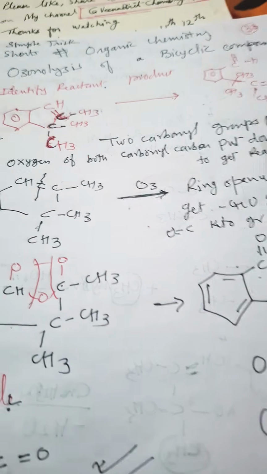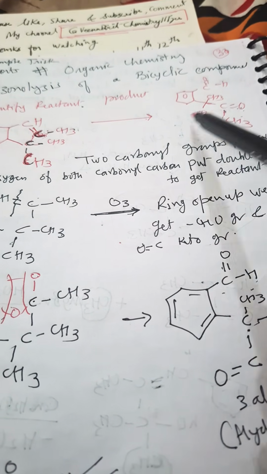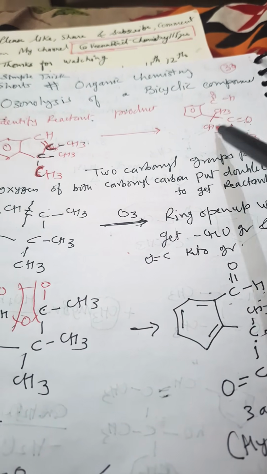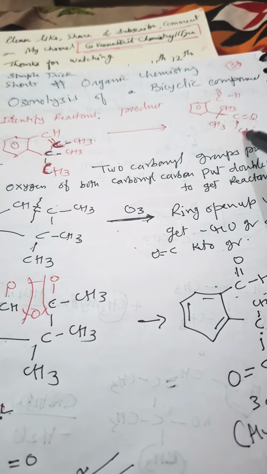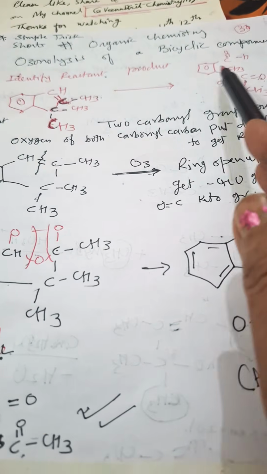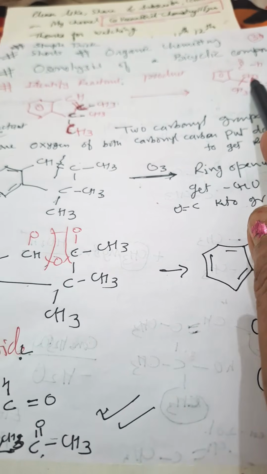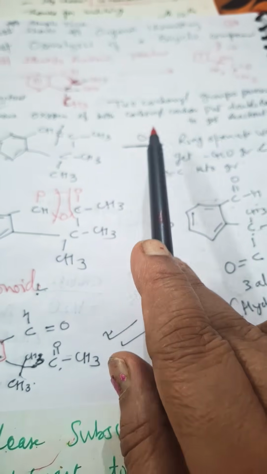Okay, this is an alkene. Earlier it was a dicarbonyl group, and when it is a cyclic compound, at that moment there must be a double bond. Then only we will get two carbonyl groups on the same molecule. Until and unless it is a cyclic compound, we will not get this type of reaction. So we'll get a cyclic alkene, which is fused with the benzene ring. Now this compound they have given, and on ozonolysis what will happen?